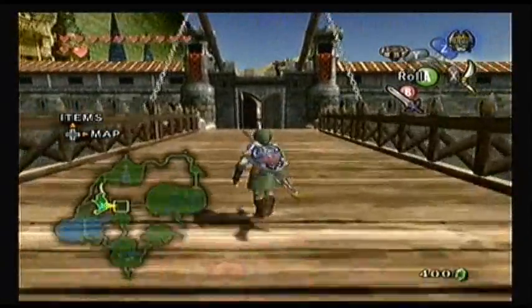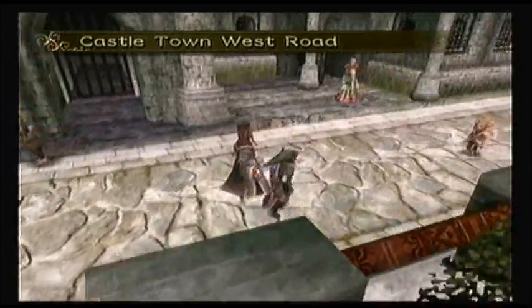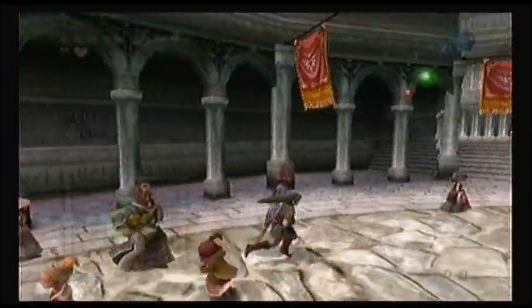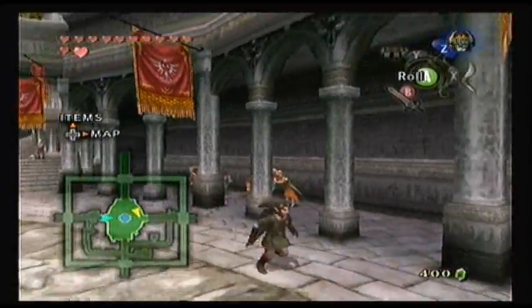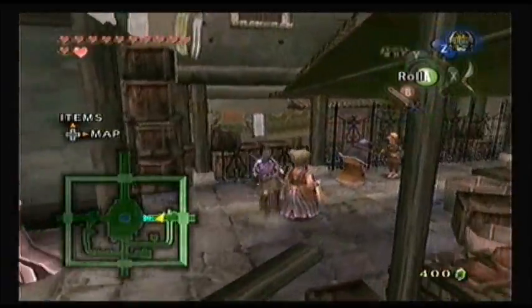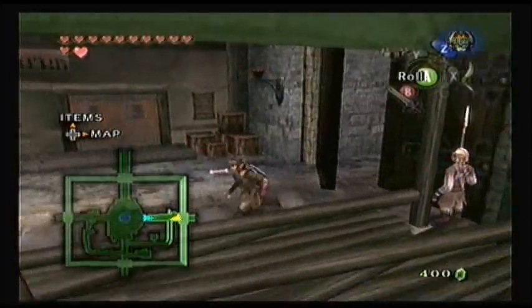Interesting. So Malo is obviously going to be selling a different set of merchandise than he was at the Kakariko store, so we should definitely go and check that out. But like I said, I'm having an absolutely massive brain fart as to where he actually is. So I guess we'll just scurry around and see if there's any buildings we haven't been in. There's people singing over there. Let's try east first, because the east is pretty dead. There's not a whole lot going on in East Castletown, honestly. I think there's the clinic, and then there's the way out, so...